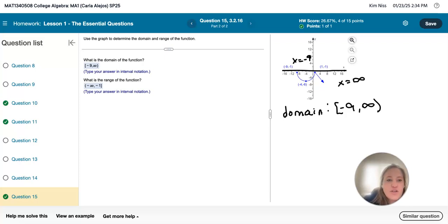So now we're going to do the range. The range is all y values. So you're just looking at it based on your y-axis. So now you can see that once again the arrow goes down to -infinity for the y-axis, on and on. You have no idea where it's going to stop. And so just based on that arrow, we know